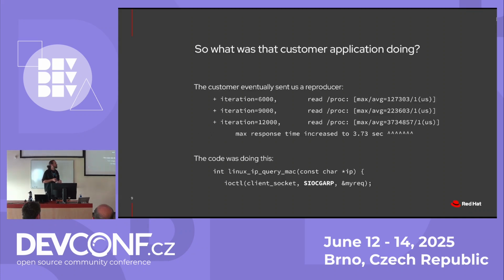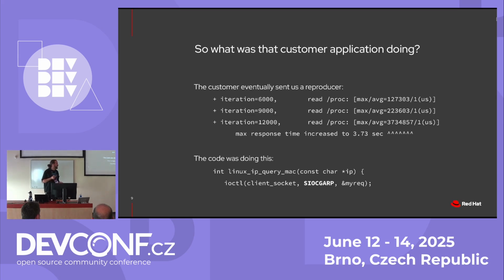Finally, we got a reproducer from the customer, which is something that iterates, and it usually gets around 100 to 200 milliseconds of latency, and then suddenly, boom, goes up to 3 seconds, which was not good for them. And the code that was doing this was basically just a loop around this little thing. It was trying to query a MAC address from the kernel neighbor table, and there's this ioctl, which, as I said, not everything is netlink. And it was doing this SIOCDARP